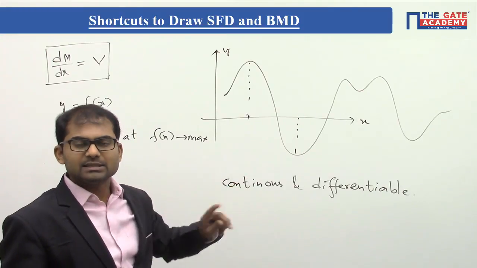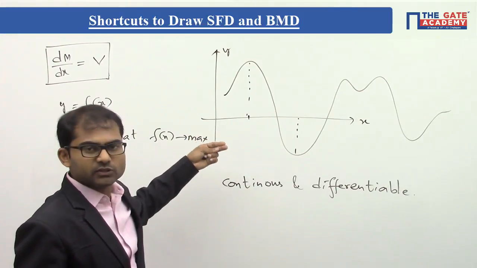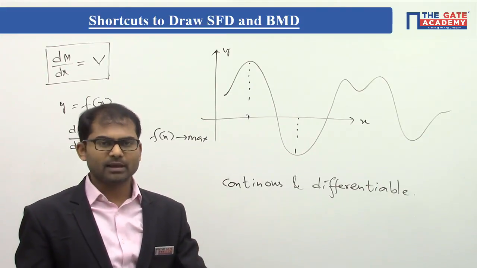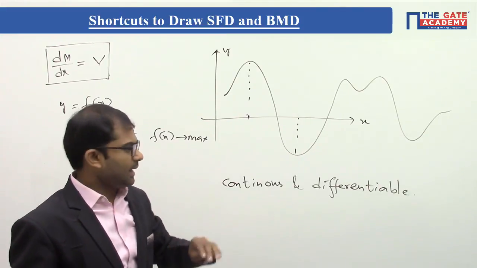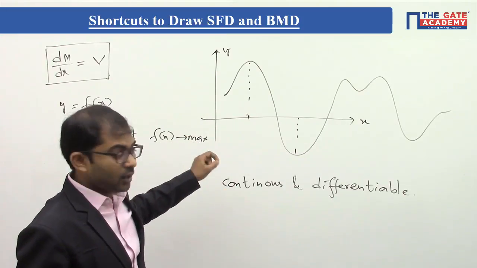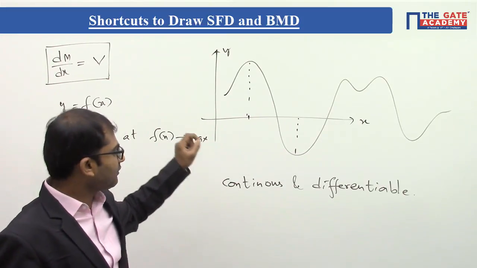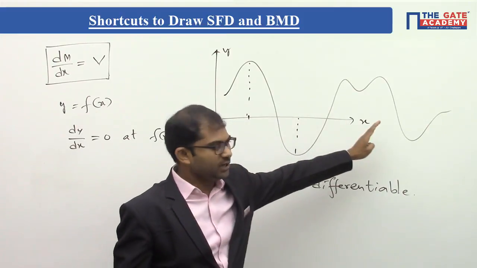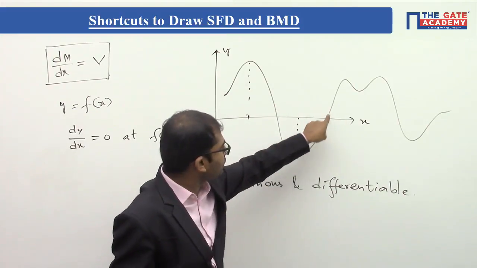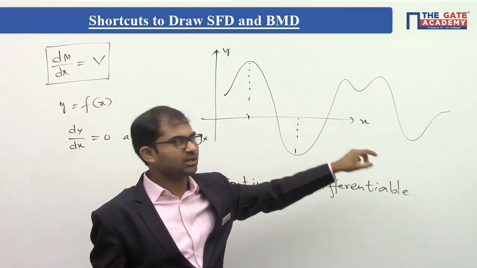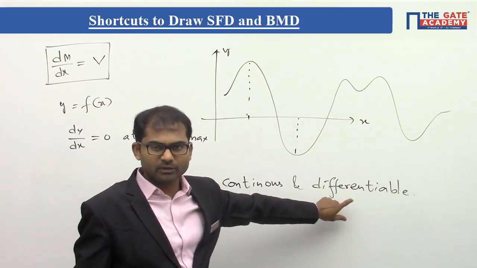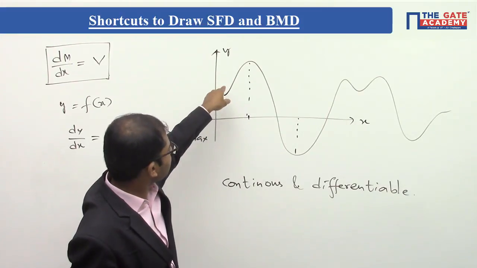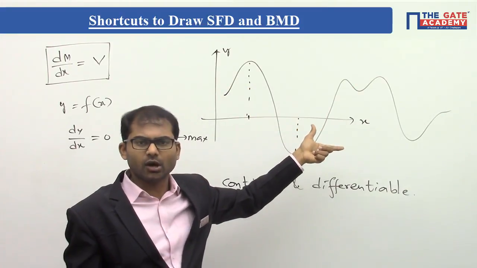That's the first statement. The second statement is, wherever slope is 0, it doesn't mean that it should be maximum only. It can be maximum, minimum, global minimum, anything here. And the third statement is, it's a requirement that in that range, the function should be continuous and differentiable. So throughout the range, it should be continuous and differentiable. This function, if you see, is continuous and differentiable. At every location we can draw a tangent, that means differentiability. Continuity means there is no discontinuity at all.